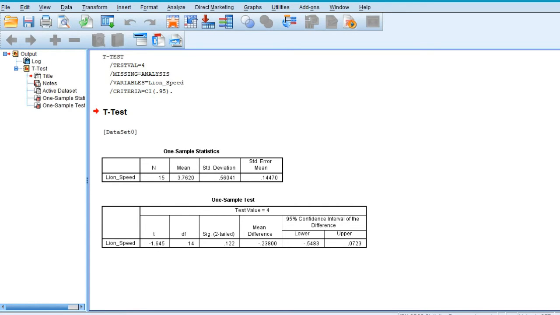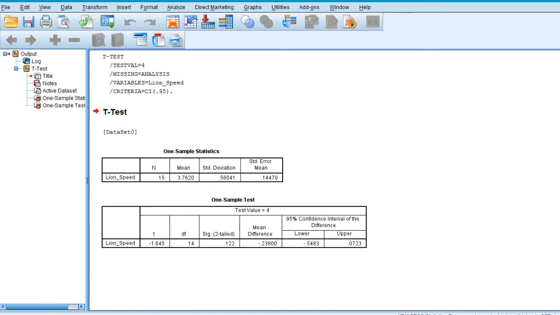Whenever the value of P is more than 0.05, the null hypothesis is not rejected. So as the value is more than 0.05, in this case we fail to reject the null hypothesis, which stated that the average speeds of the Indian lion and the Bengal tiger are the same.